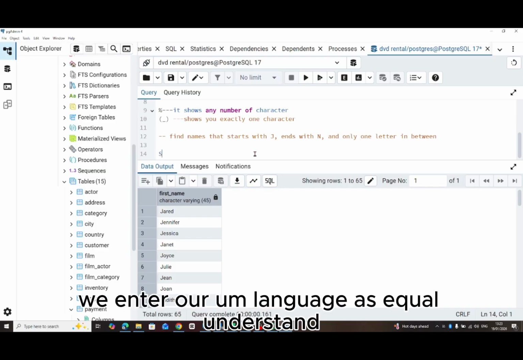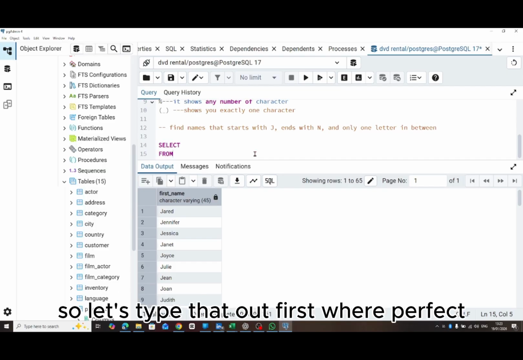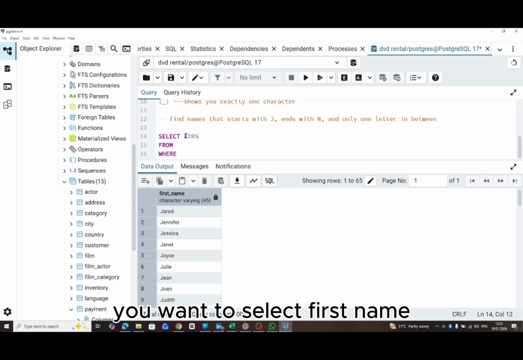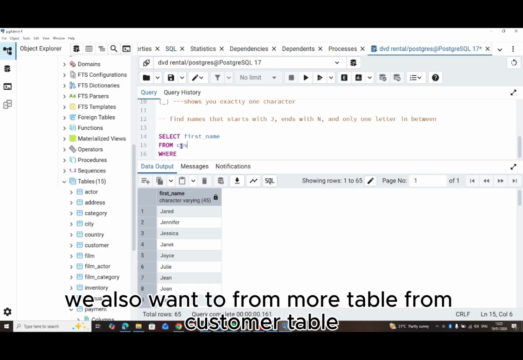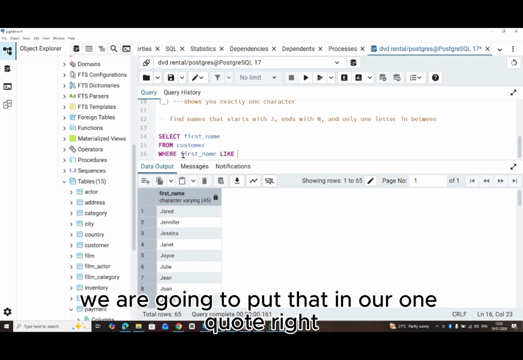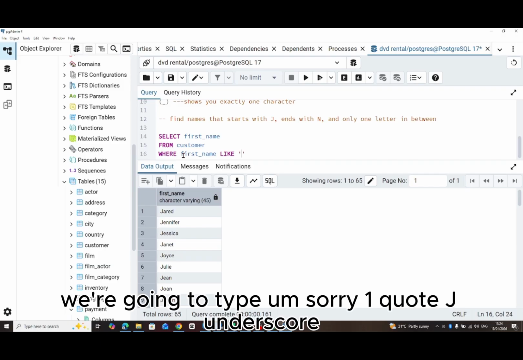All right, so let's go. First of all, we enter our language as SQL understands, which is a select clause, from clause, right? So let's type that out first. So what do you want to select? I want to select first_name. We also want to select from the customer table, where first_name like, okay, we are going to put that in our single quote, right? We're going to type single quote, J underscore